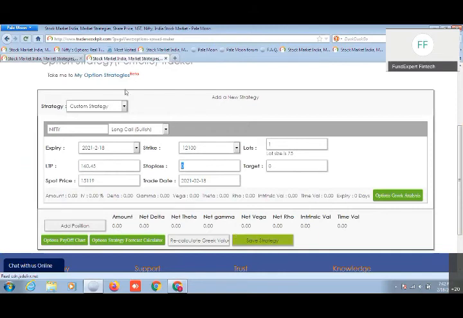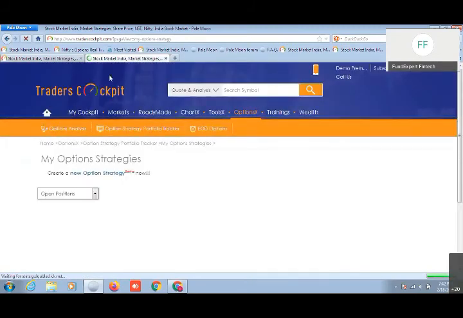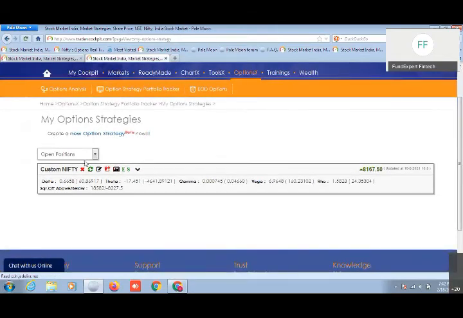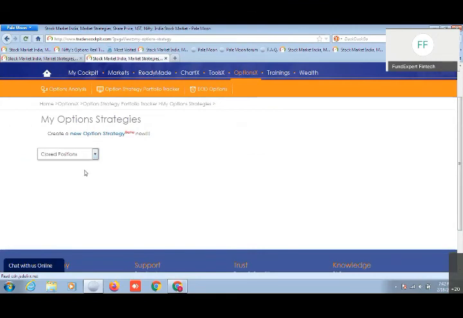Any strategy you save, from next time onwards, this is for portfolio tracking. And people who want to do paper trading, they can do paper trading also on this page here on options, whereby it shows you the open position, this is the open position which it is showing for me. And also if you want to see your previous closed positions, those also you can check out.